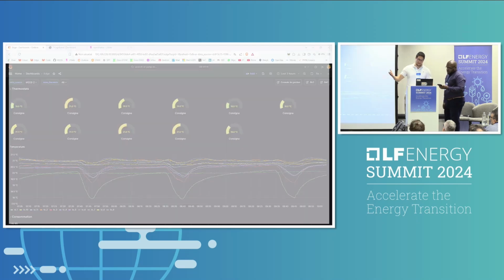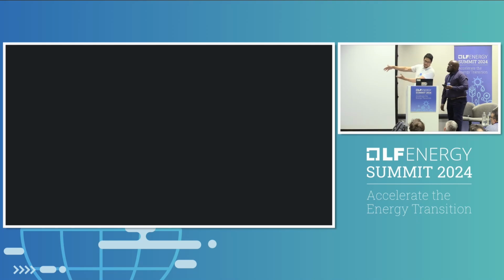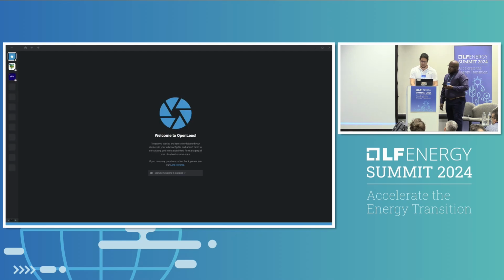Because if I don't have a connection to the server, I cannot deploy the grid functions, and we cannot see that nothing happens.